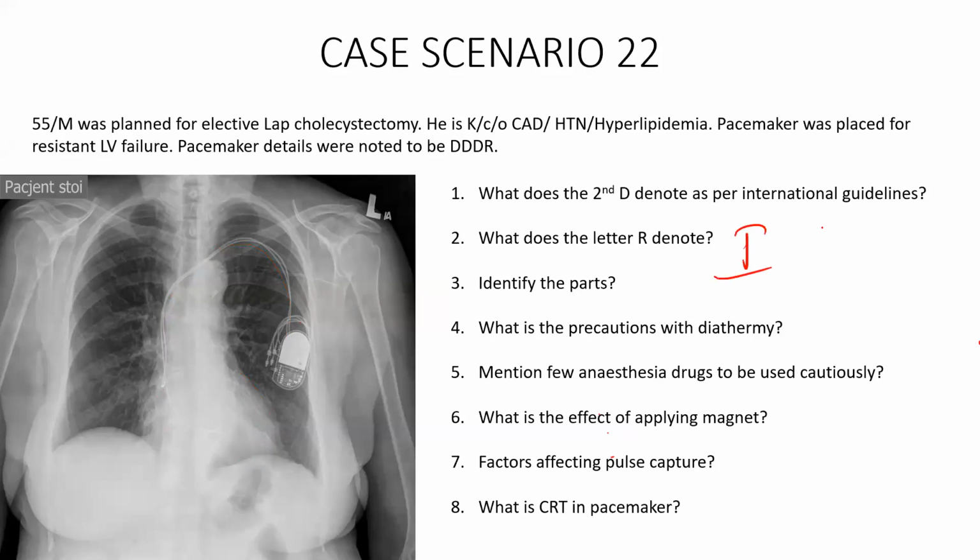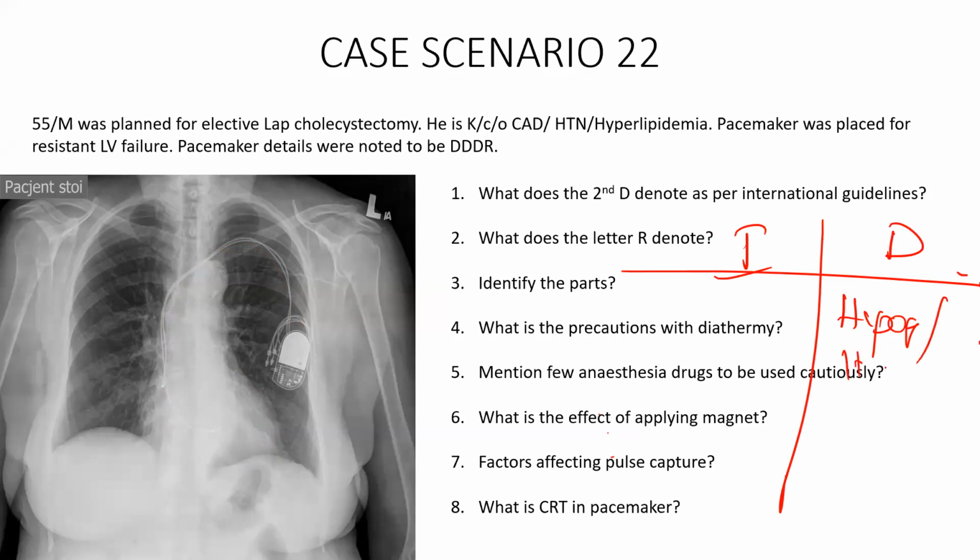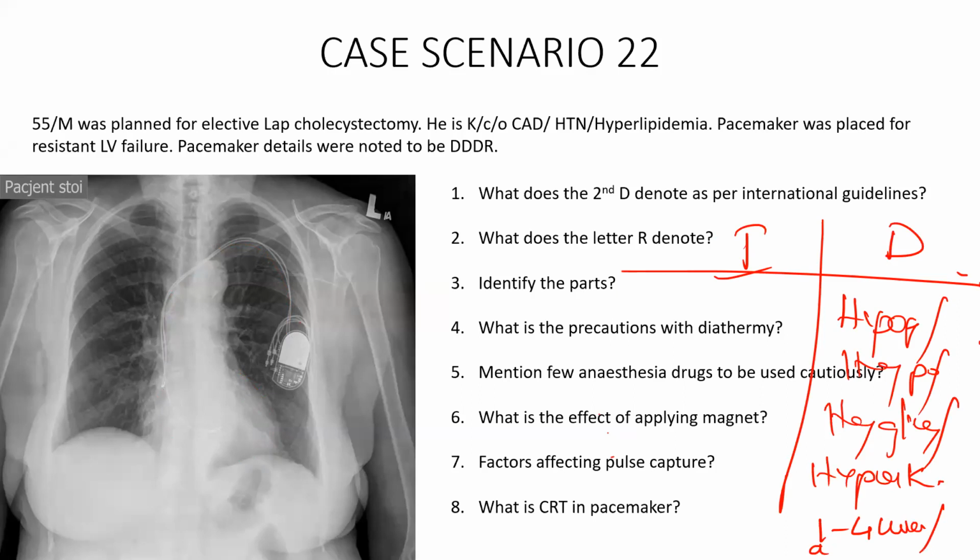There are certain factors which can increase pulse capture, and certain factors which decrease it. Factors which decrease the pulse capture are hypothermia, hypoxia, hypoglycemia, hyperkalemia, the initial 1 to 4 weeks after the pacemaker has been implanted, and any acidosis or alkalosis. The pulse generator will generate the electrical potential, but the capturing capacity of the heart will be very poor with this type of problem. So make sure the patient is not hypoxic, not hyperkalemic, the glucose is normal, and the temperature is fine.